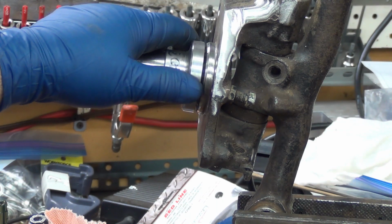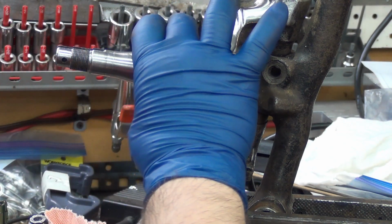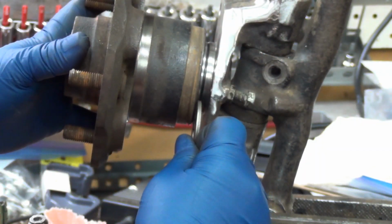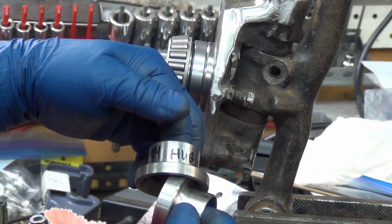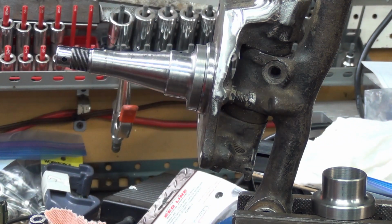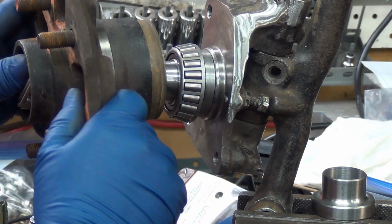It looks like this can be cut down even a bit more and this would still fit. Oh yeah, it actually could. It could get cut down enough to do that. Here's the Toyota hub, no mod. Okay, so it looks like if I use this, if I use that,